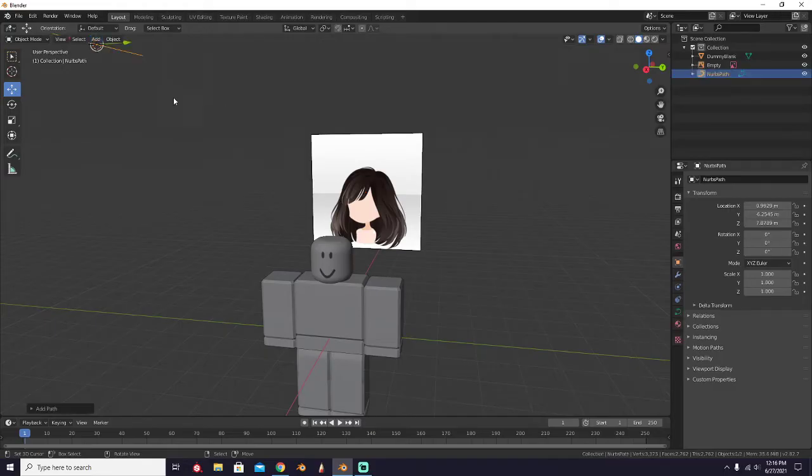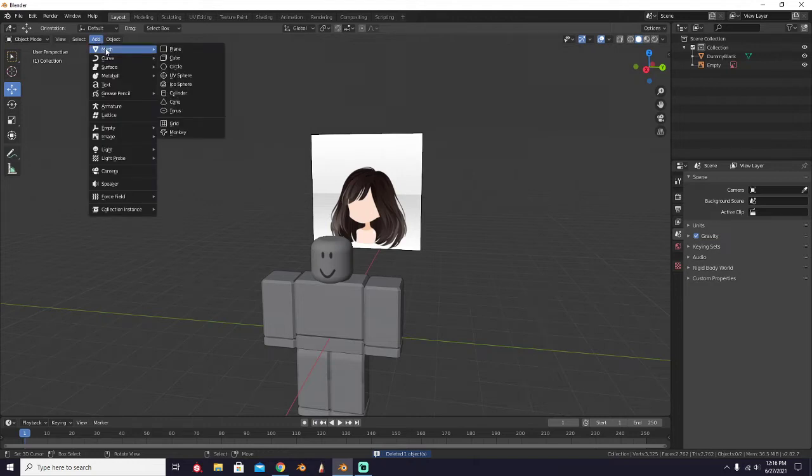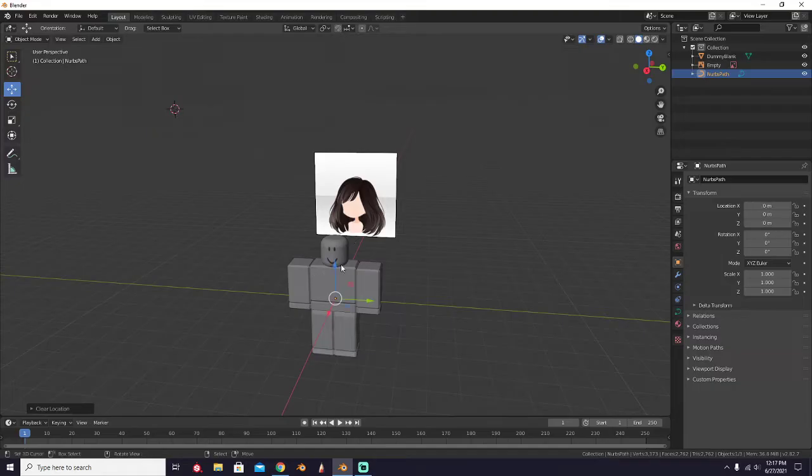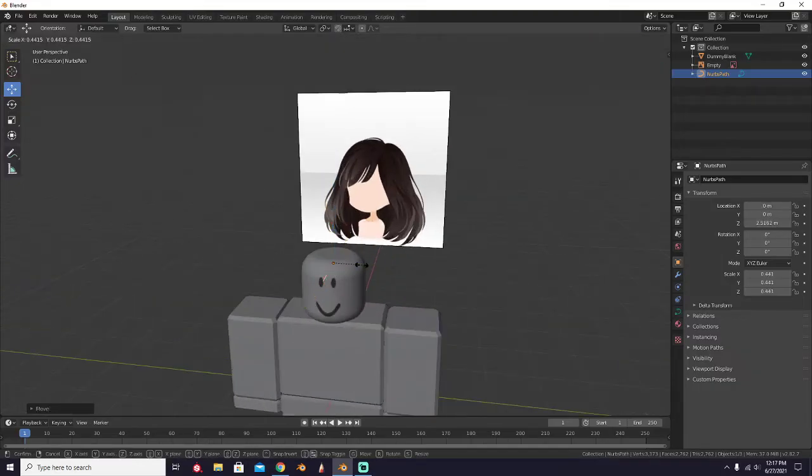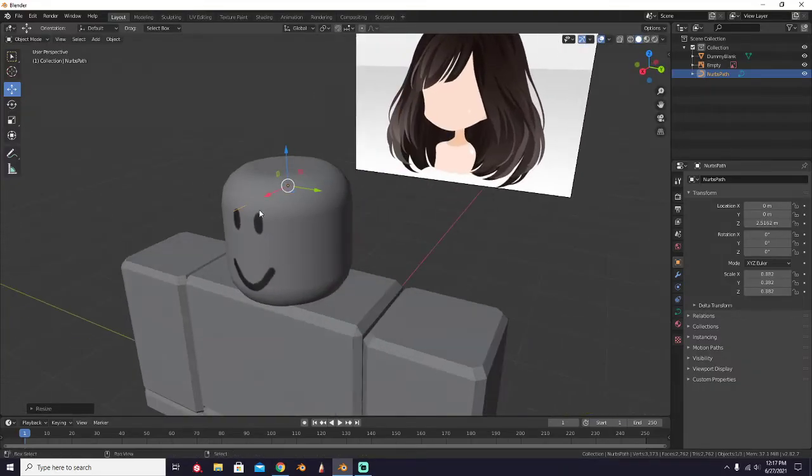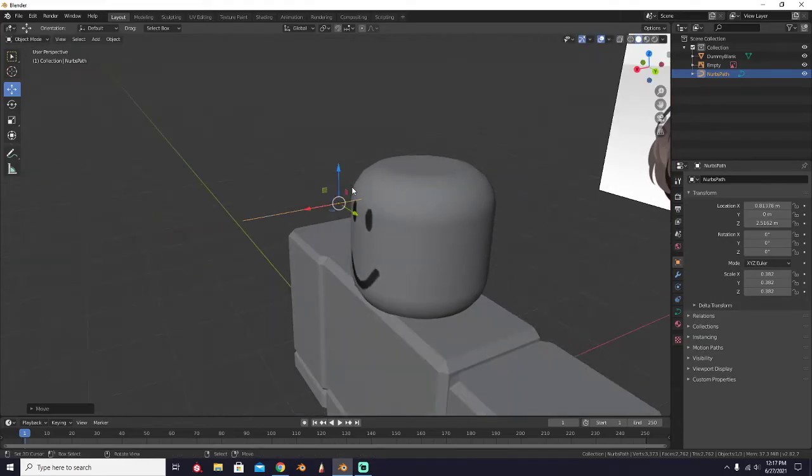So first we're going to start with curves. I'm going to assume that you guys have a basic knowledge of Blender itself. If not, I'd recommend maybe an easier tutorial on my channel. With that being said, just follow along. We're going to create a path. Paths are very intuitive when it comes to creating hair because you have complete control over the strands and the